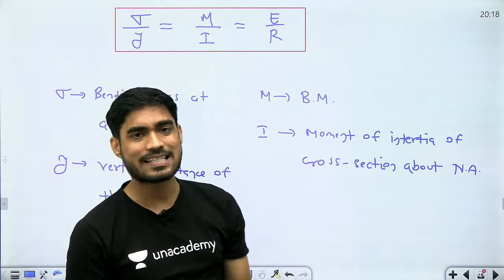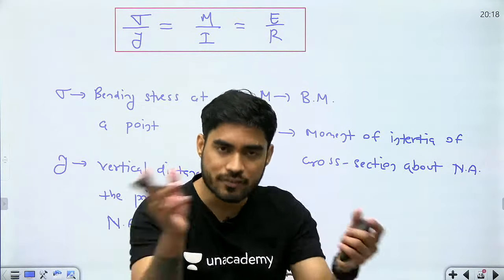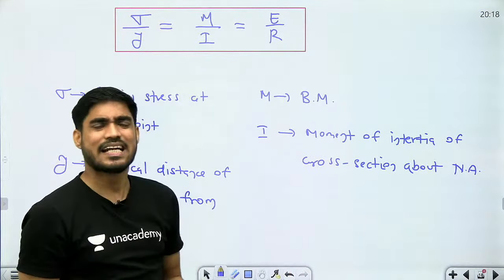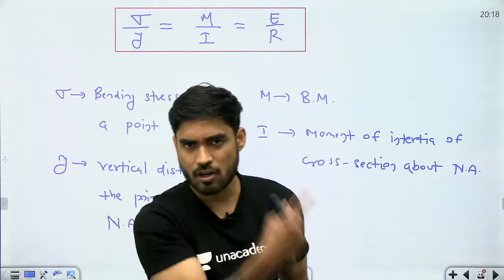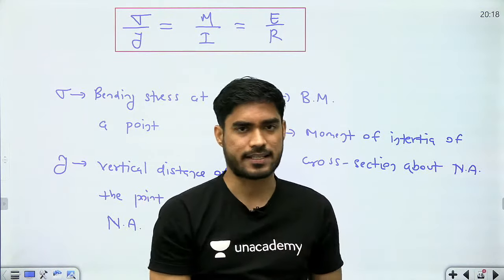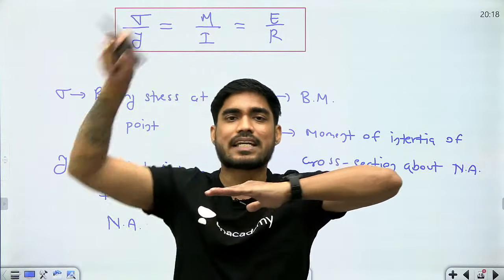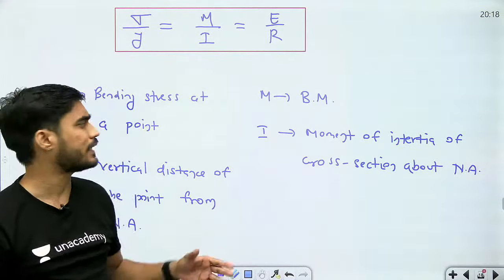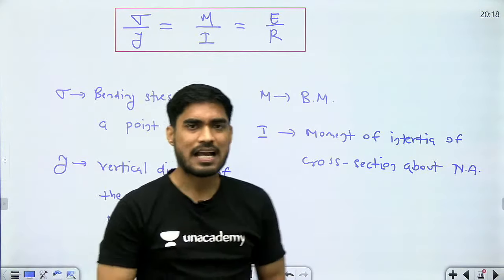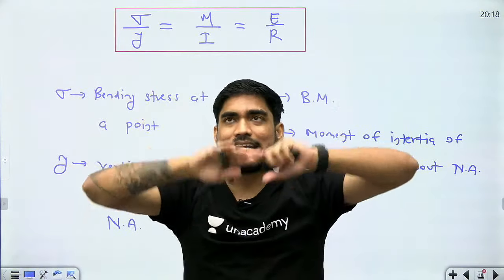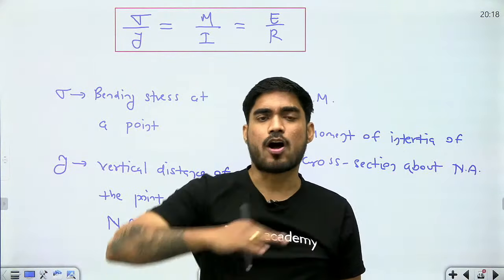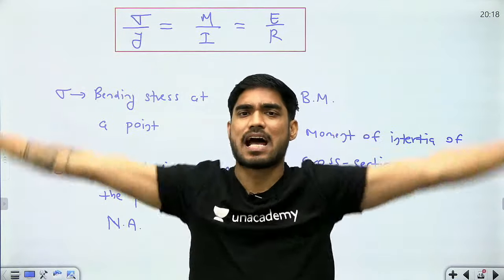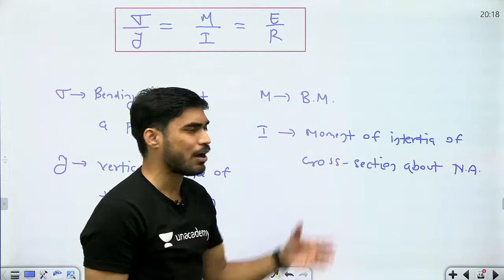Okay, so I is the moment of inertia of the area about the neutral axis. और ये क्या signify करता है? It signifies the distribution of area about the neutral axis. Neutral axis से area कितना दूर फैला हुआ है, moment of inertia आपको basically ये बताता है. ठीक है? What is moment of inertia? How far the area is distributed from neutral axis. Area neutral axis से जितना दूर तक फैला होगा, I उतना ज्यादा होगा.